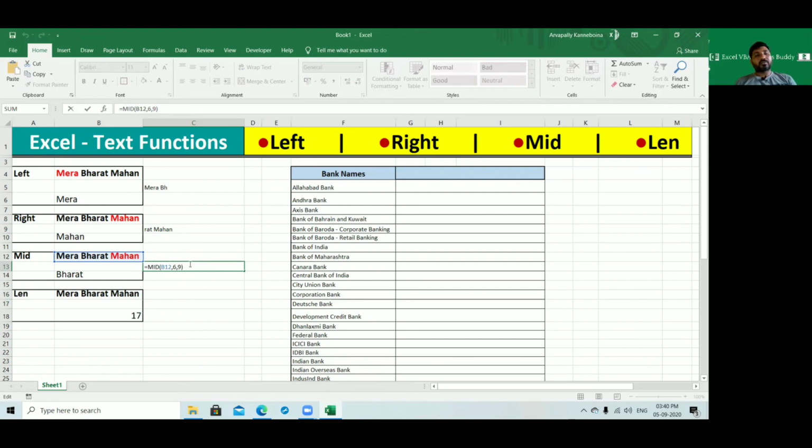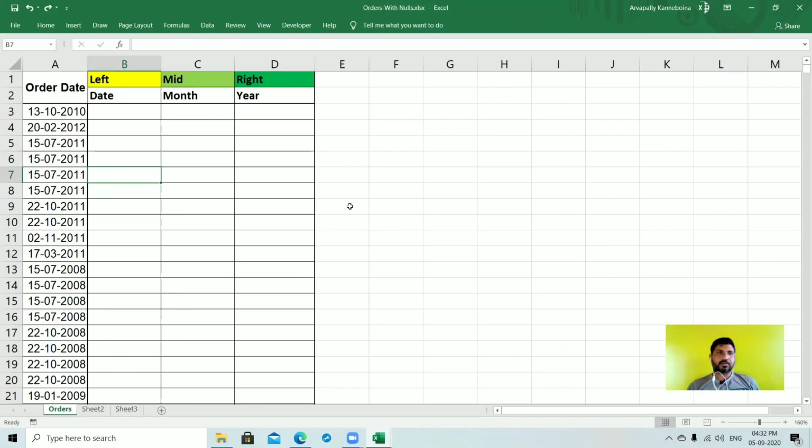Mid always starts from the middle of the text and returns the required number of characters. That is the mid.